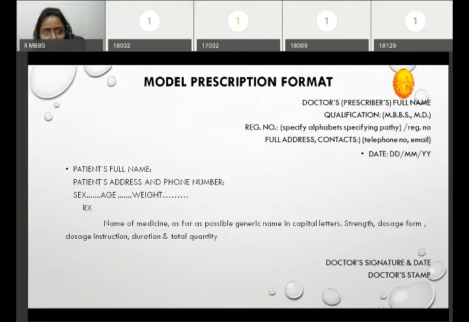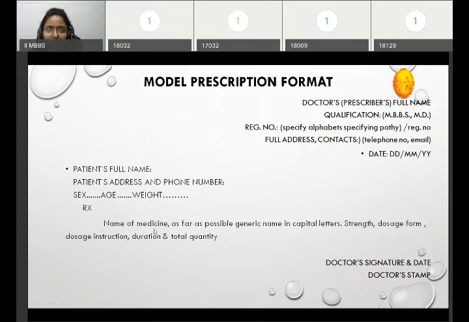As you all know, in the exams, whenever SDT and MDT are asked, SDT is asked for 2 marks and MDT for 3 marks. So, you have to write all the SDT and MDT questions in this prescription format only. As shown in this slide, the model prescription format includes first the doctor's details, then patient details, that is superscription, subscription, inscription, and transcription.